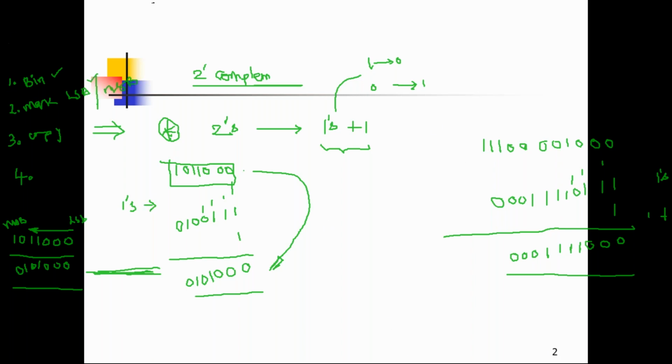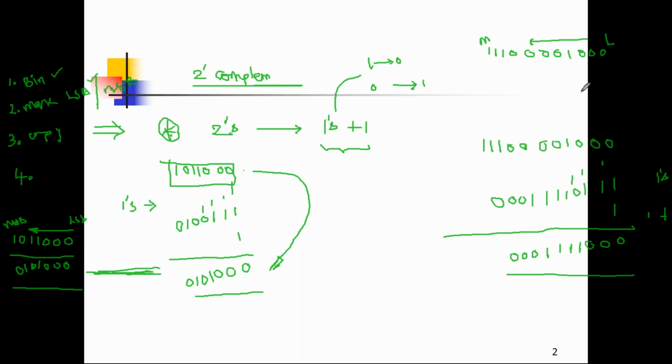Now you can check the same thing for this problem also. The problem we initially took is 1, 1, 1, 0, 0, 0, 0, 1, 0, 0, 0. So according to this step, I take the given binary as it is, then mark the LSB and MSB. This is the LSB bit, this is the MSB bit. Then copy as it is till the first one occurs from the LSB tracing. That is here to here.